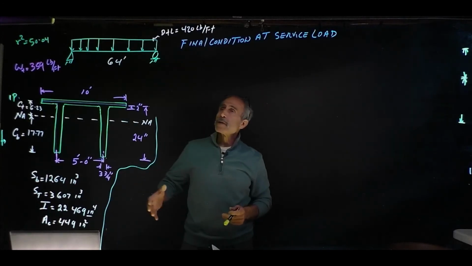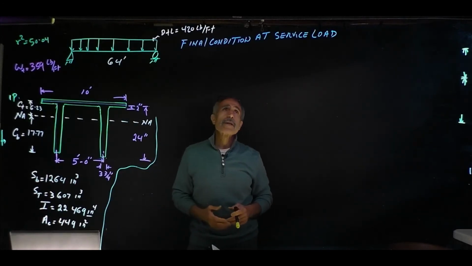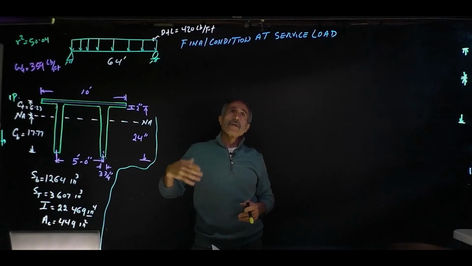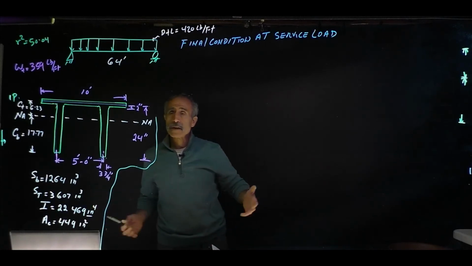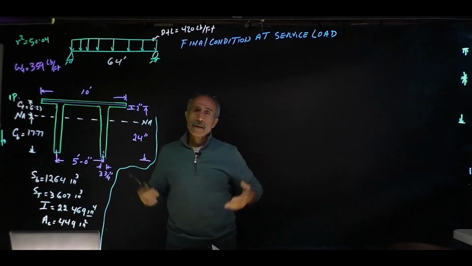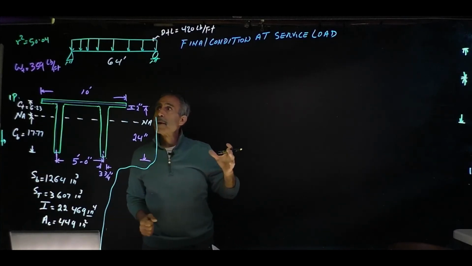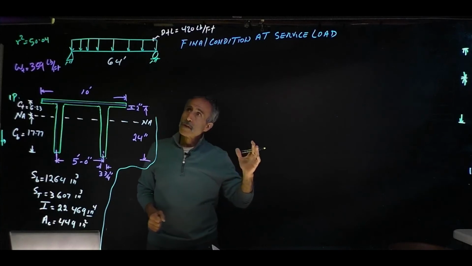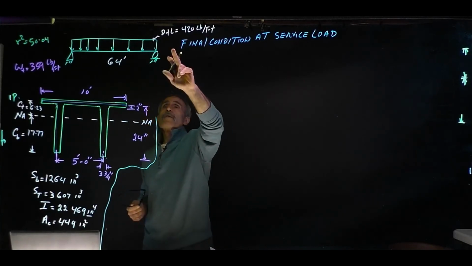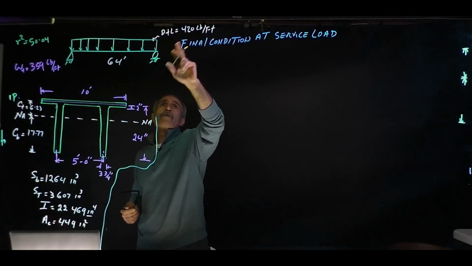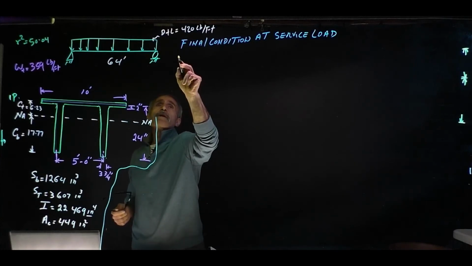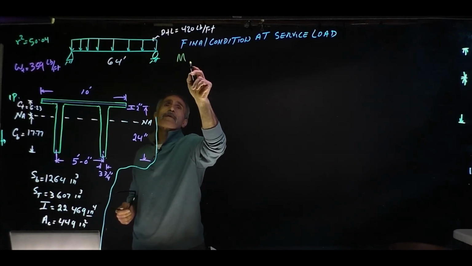Now we're going to go ahead and continue with this. We're going to calculate the stress at the final condition at the service load, once the concrete is at site and it's set and it's loaded. First we're going to find the bending moment for everything. This is the dead load and live load, which came out to 420 pounds. So moment for dead load and live load comes out to